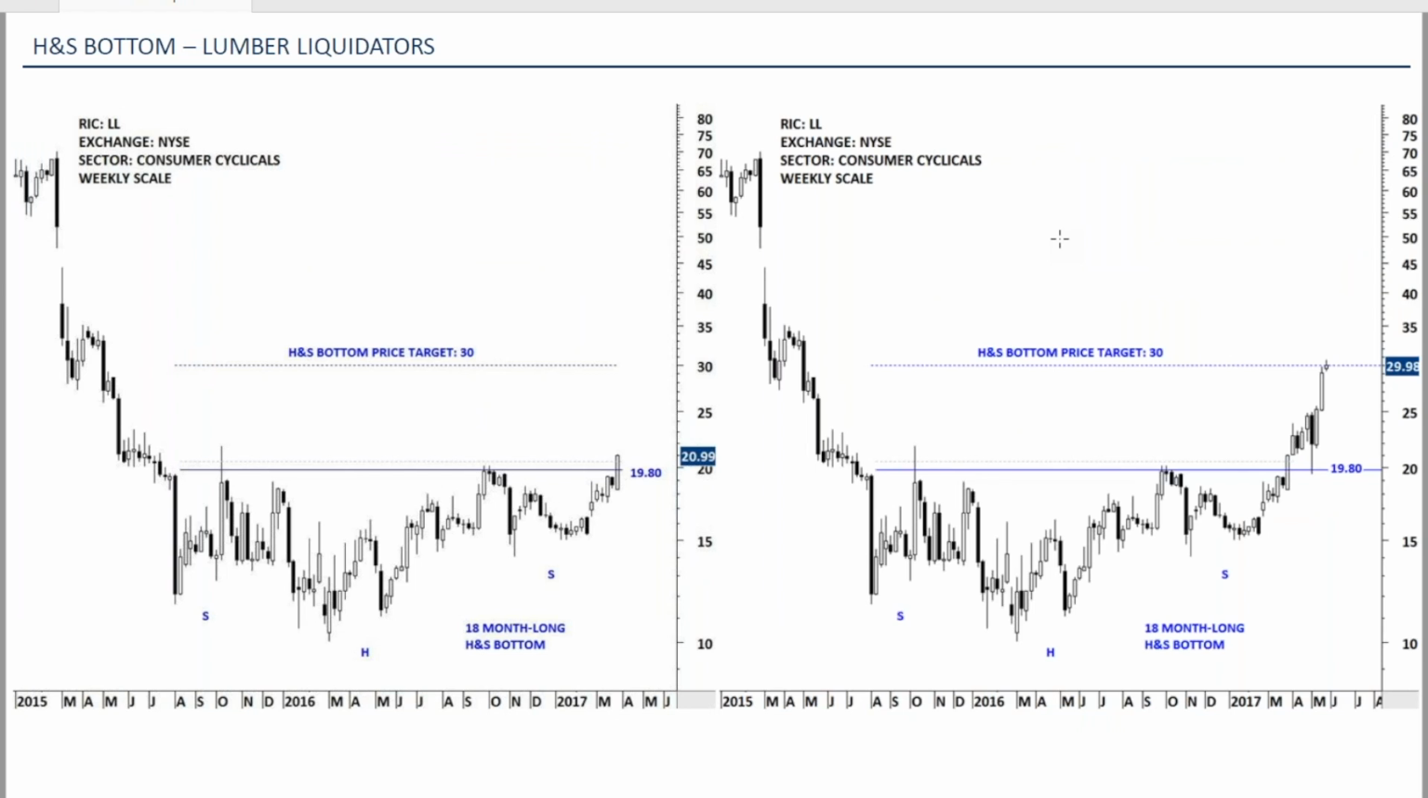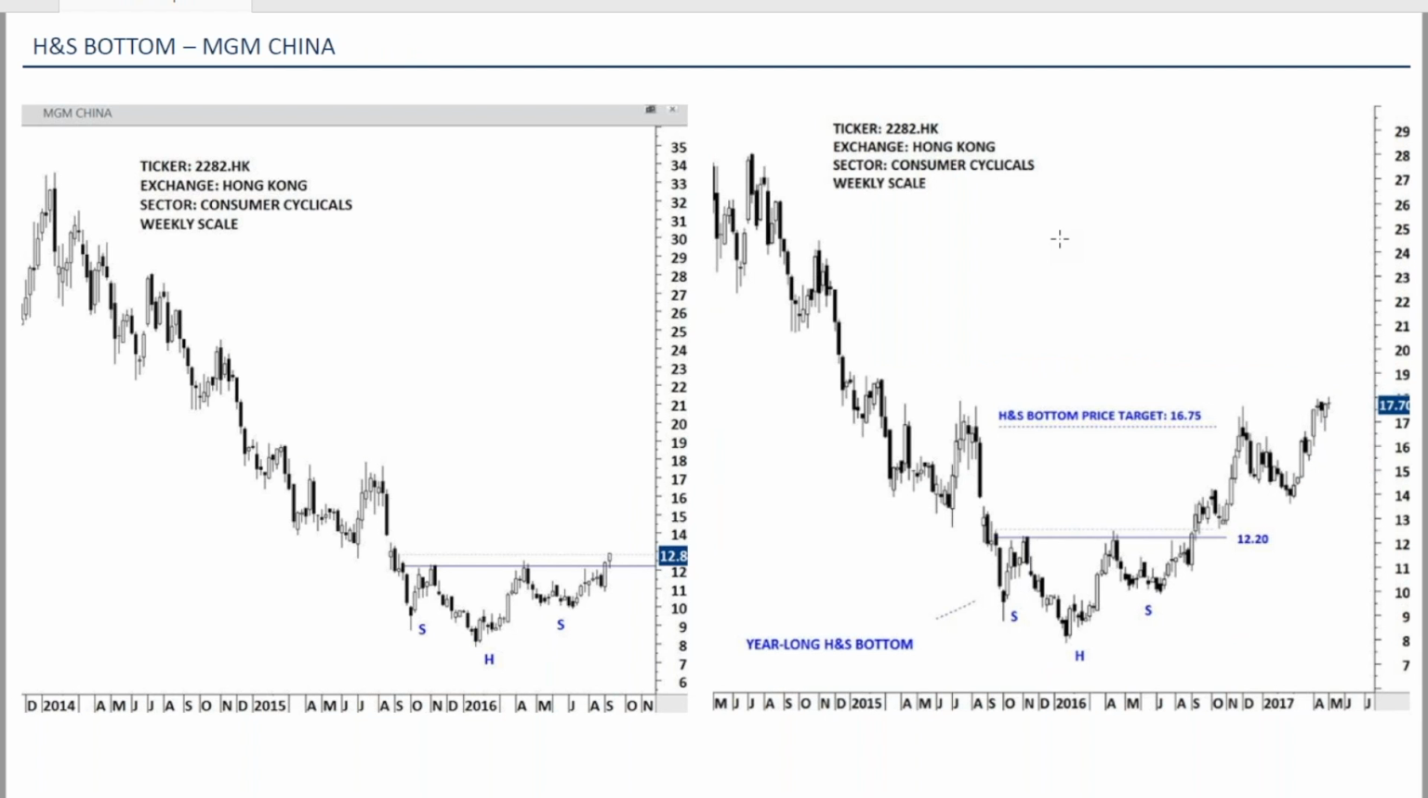Another chart pattern that broke out on the upside is a head and shoulder bottom, this time on Lumber Liquidators. The stock, even though it pulled back to its chart pattern boundary around 19.83, reached its chart pattern price target in a couple of weeks. And then another head and shoulder bottom we have here is MGM China from Hong Kong. It's a gaming company that has formed a massive, year-long head and shoulder bottom. The breakout took place. TechCharts members were alerted, and then a pullback took place, and then the price reached its